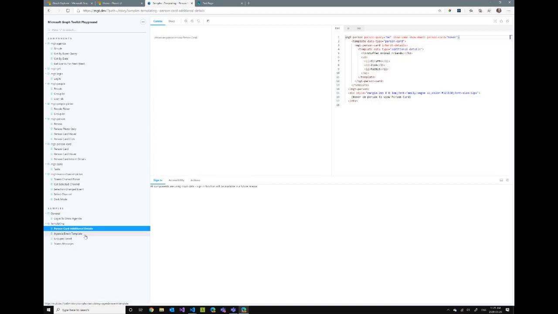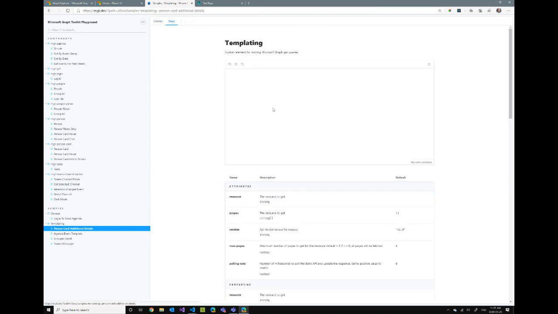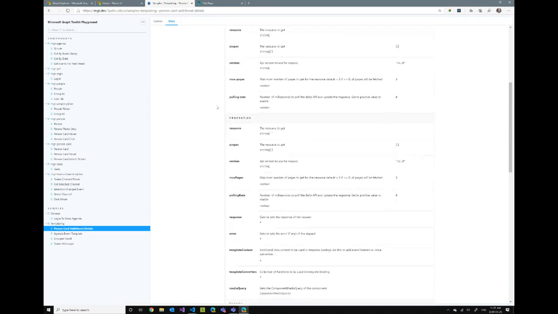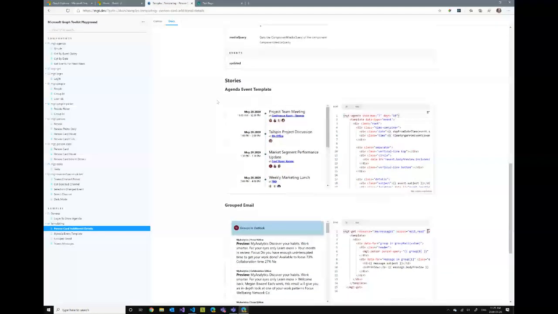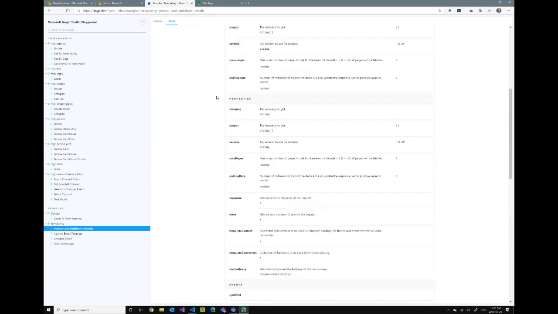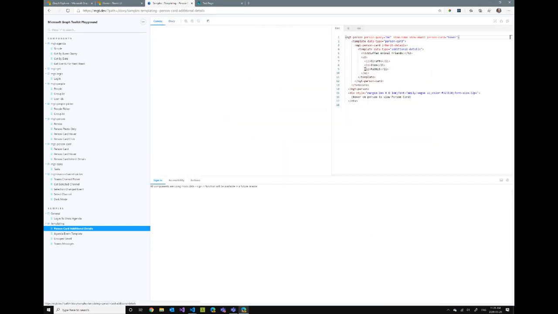Or let's just do something fun here. Let's actually show a person's card, and we're going to add, see, there's this new thing in here now that allows me to pass a template. And again, the documentation for each control will tell you what templating options are available. And the great thing about that is, if it tells you, well, here, for example, you can